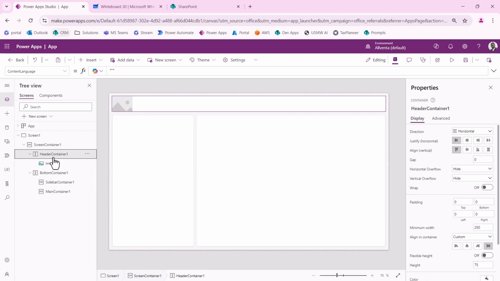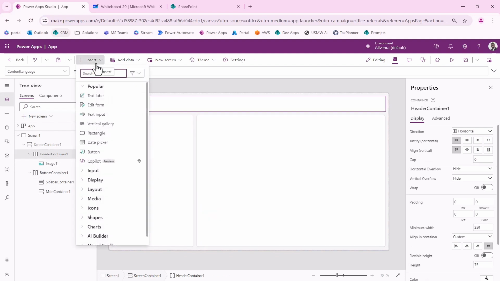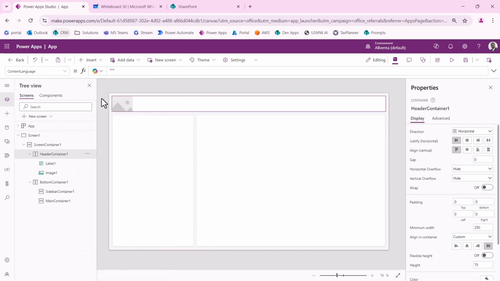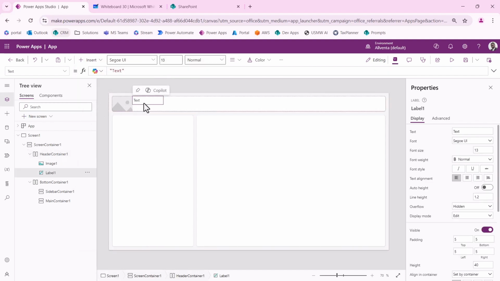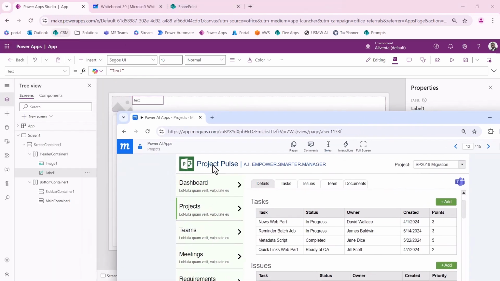So in order to add more, I'm going to select a header component again. Then I'm going to go to Insert, and now I want to drop in a text label. And that's just going to represent the name of the site. So now I got the image, I got this text label. That horizontal rule is going to come with that text label. And then I'm going to drop in another text label to